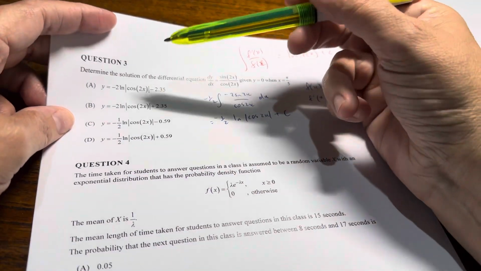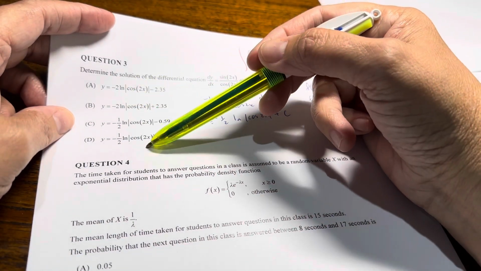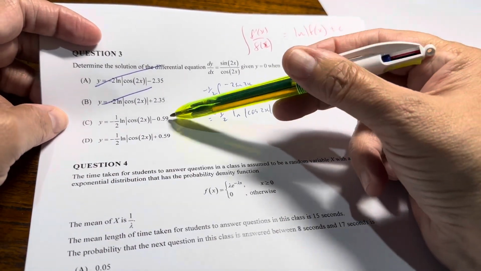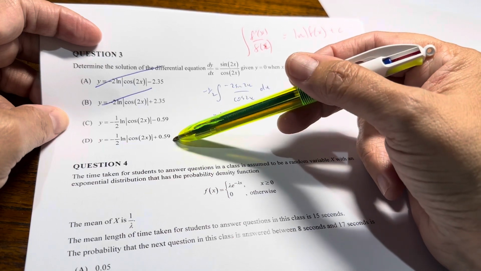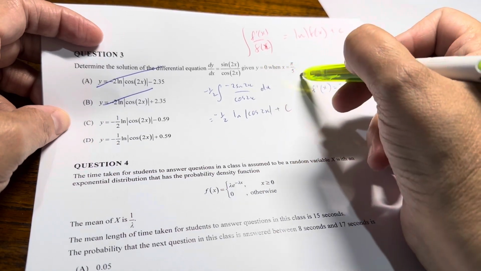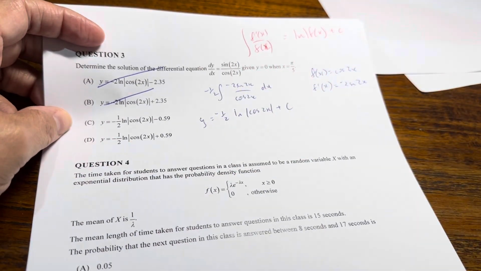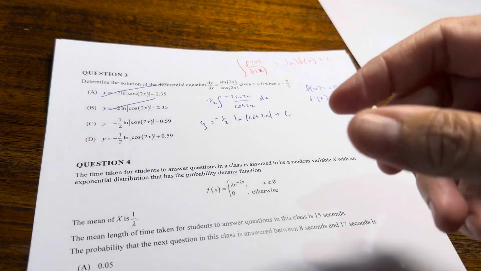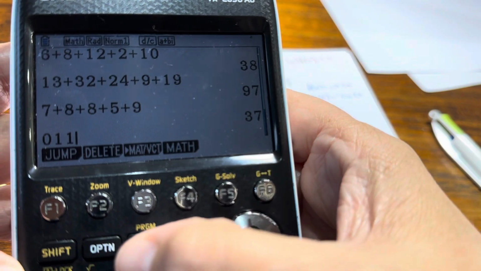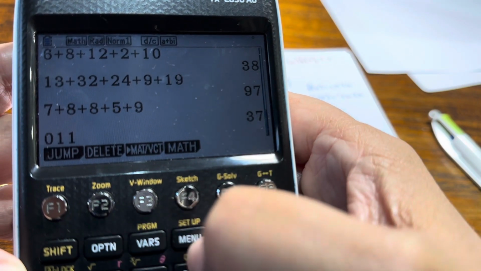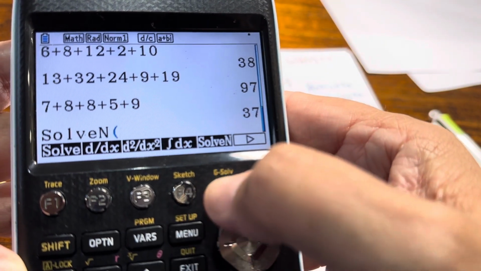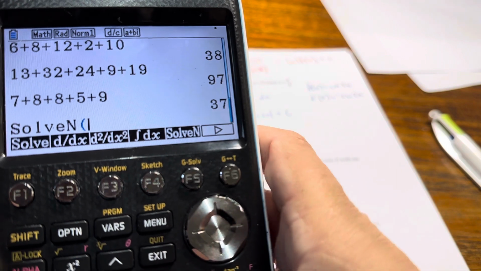So immediately I can look at the 4 options given. It's not going to be option A or option B. I've got to look at which option is the one I want here. Now I've been given information. Let's just use our solve. So if I go to my calculator, I want to solve, and my y was 0